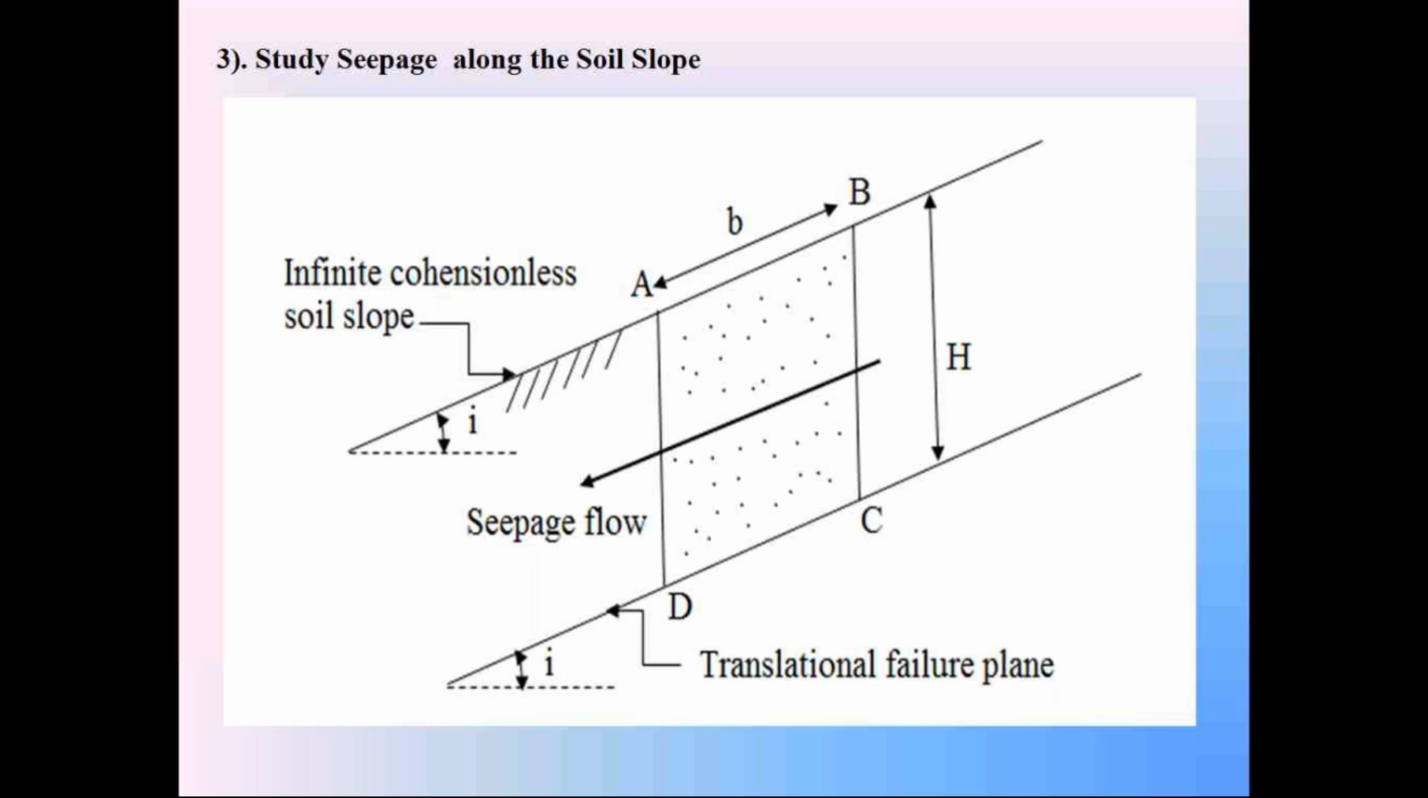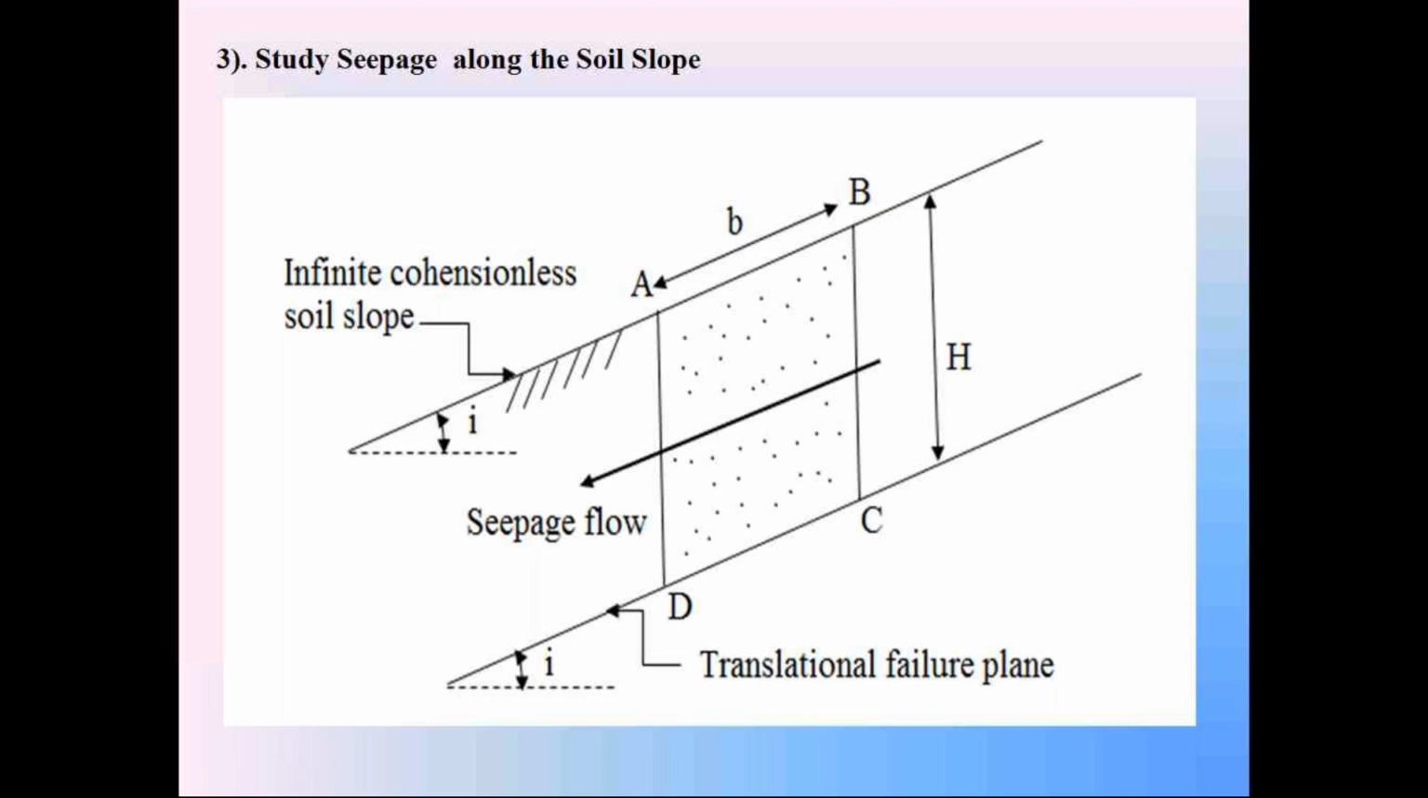Now to discuss that factor of safety derivation, we consider the infinite cohesionless soil slope AB, making the angle i with the horizontal. We know that the infinite cohesionless soil slope is subjected to translational failure. So we consider in this soil slope the translational failure plane CD. This failure plane is parallel to soil slope AB because the failure is translational failure. Take H as the vertical height between the soil slope AB and the failure plane CD,